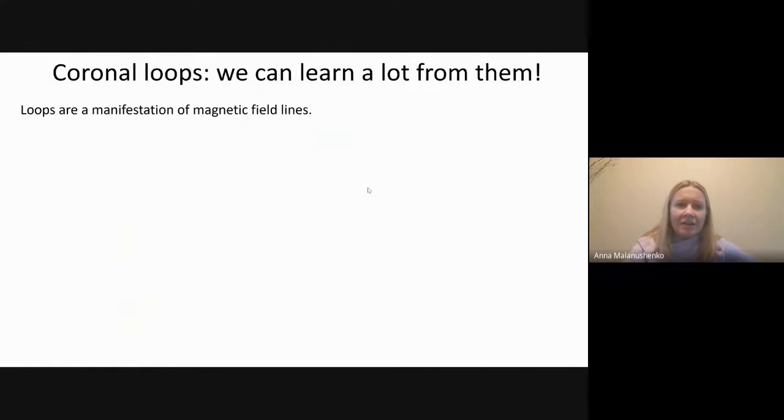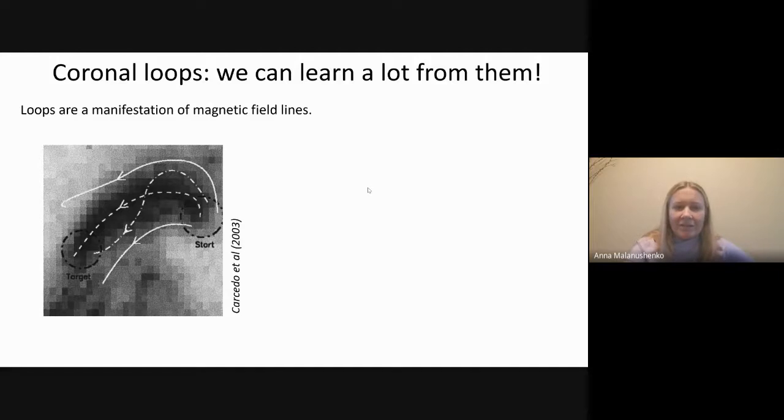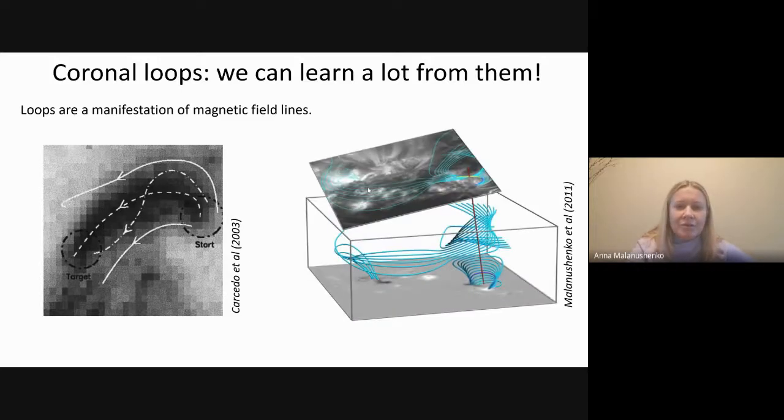Now, there are magnetic applications. So given that loops are thought to be a manifestation of magnetic field lines, well, we can test magnetic field models. We can find magnetic field lines in different models that best match observed coronal loops. And yours truly has actually contributed to it.